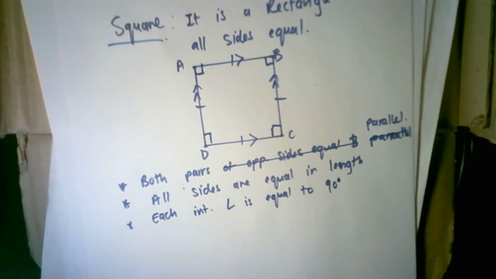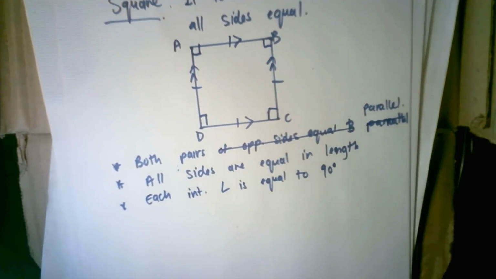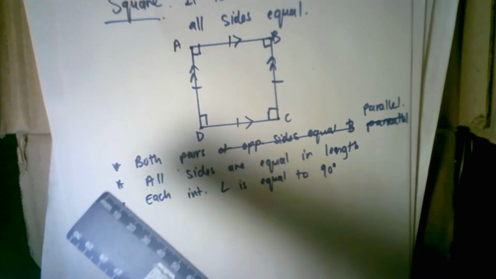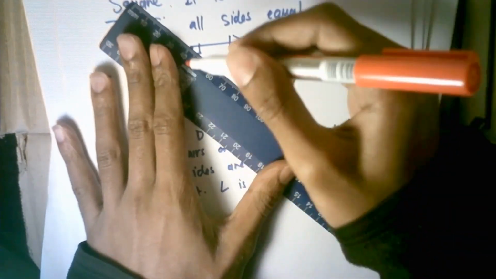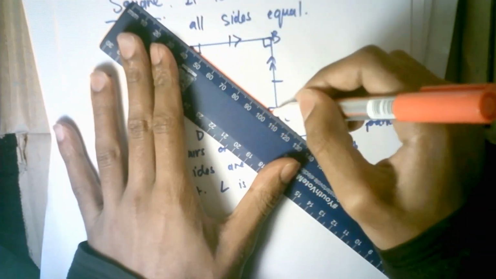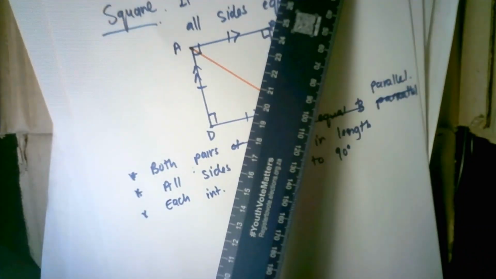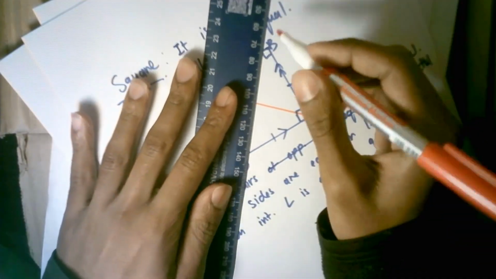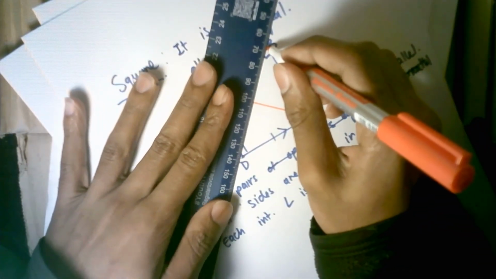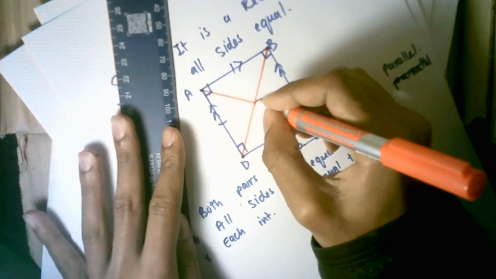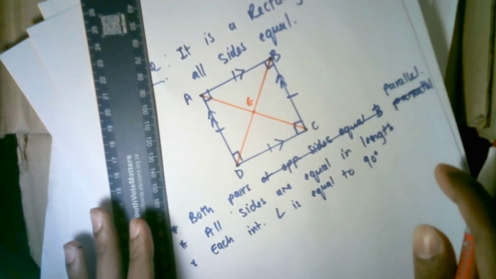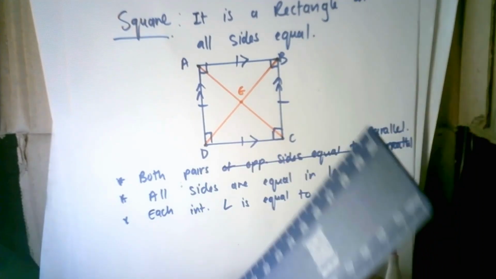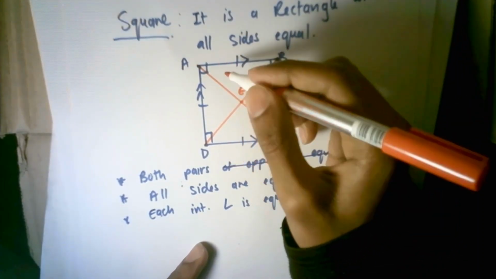And what about the diagonals? Just like a rectangle, the diagonals bisect each other, but the diagonals are also equal in length. So for the square, the diagonal is actually doing quite a lot, and I'm going to explain why in a minute. Let's say we have two diagonals here, and let's say they intersect at point E. So the diagonals are equal in length, and they bisect each other,